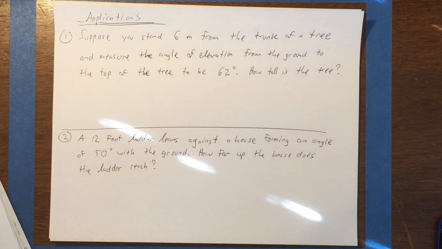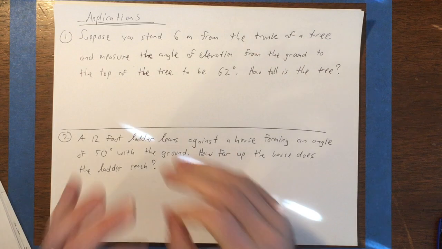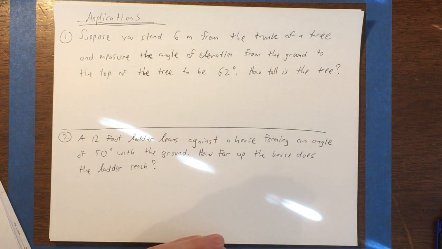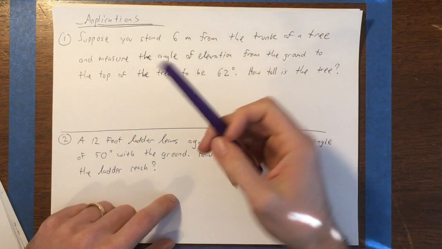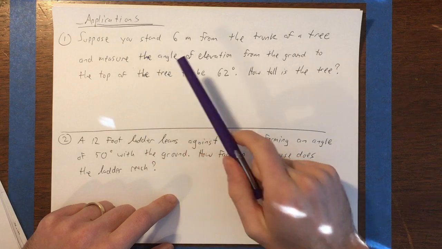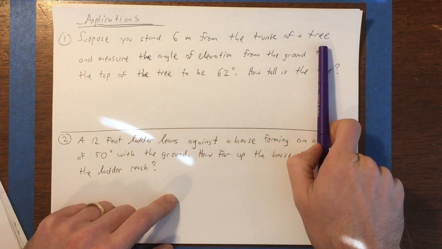All right, we're going to do a few application problems that involve right triangle trigonometry. Right triangle trigonometry can be used to calculate all kinds of fun and interesting things. So these are just two examples. Let's get started. In the first example, suppose you stand 6 meters from the trunk of a tree and measure